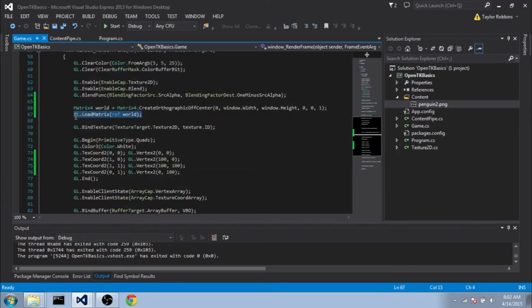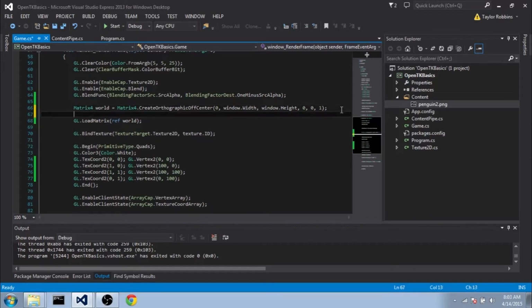And one thing I do want to note, this works fine, but there are actually multiple types of matrices in OpenGL that you can use. There's the model view matrix, and there's a projection matrix, as well as texture and a couple others. Model view and projection are the two that we will use, and there's a few cool tricks that you can do with it as well. But the main thing I want to say is, whenever you're going to load a matrix, you want to specify which matrix you're loading it into first. And if you want to conserve what was already on there, you also want to make sure that you push